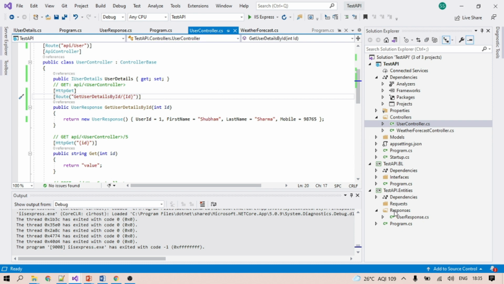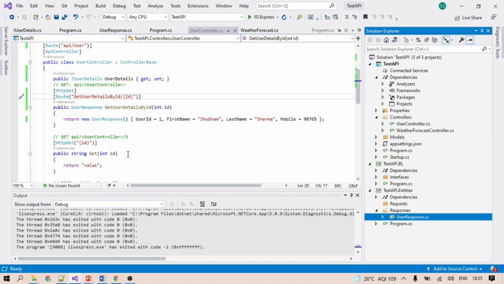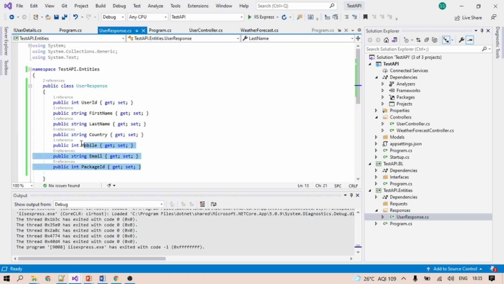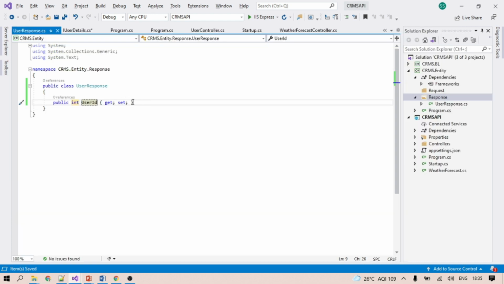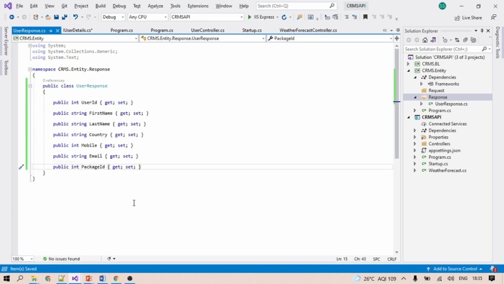We have some test project where I already created an entity, so I can just copy from there to reduce our implementation time. This is the way you need to create all the properties.